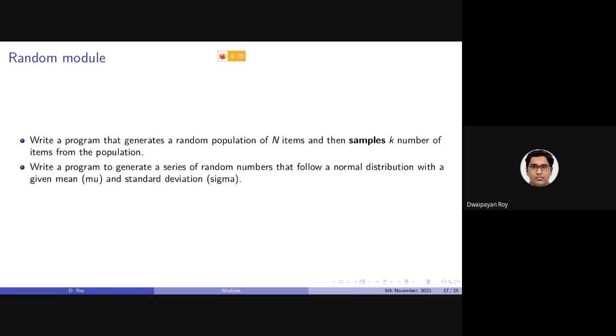Next, coming back to the question: write a program to generate a series of random numbers that follow a normal distribution with a given mu and standard deviation. Now note that in the earlier program we generated a population with n items where there was not actually any mathematical distribution. The numbers were following